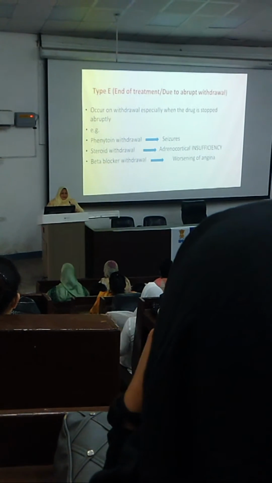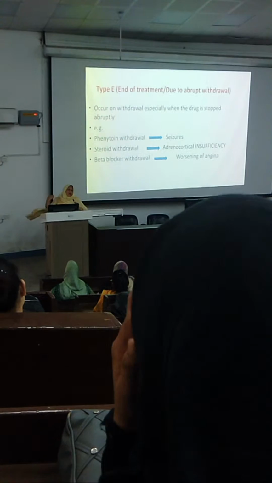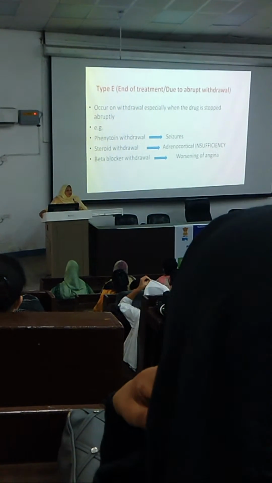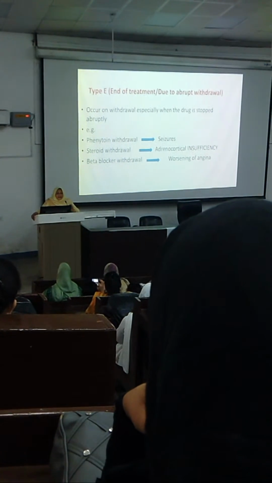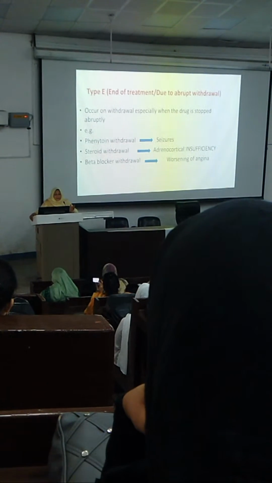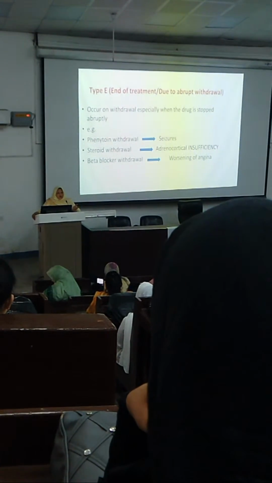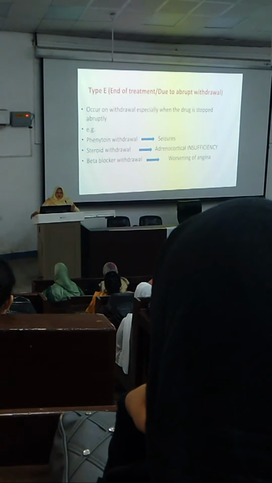Then type B, end of the treatment are due to abrupt withdrawal. कुछ हमारे ऐसे ड्रग्स हैं जिनको हम एकदम स्टॉप नहीं कर सकते हैं। फॉर एग्जाम्पल फेनिटॉइन विथड्रॉल। फेनिटॉइन कौन सी ड्रग है? इट इज एन एंटी एपिलेप्टिक ड्रग। इसको हम एपिलेप्सी के लिए यूज करते हैं, लेकिन इसको हम अगर सडन विथड्रॉ करेंगे तो क्या होगा, अगेन द पेशेंट कैन प्रेजेंट विद द सीजर, जो कि पहले से ज्यादा हो सकते हैं।